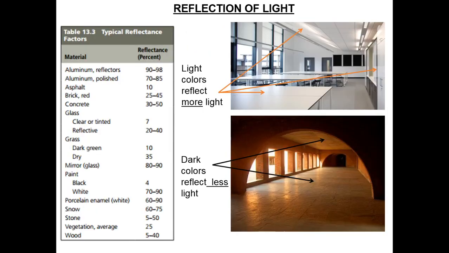Now we will see a perfect example of a building which shows how the difference is seen because of the reflectiveness of a material. If you see the topmost image, the material is purely white and there are a lot of gray tones, also in the floor. So it is almost like a monochromatic or achromatic scheme. These light colors are reflecting more light. It's a small space, as you can understand. This space is reflecting, although there is a little bit of artificial light. It is again reflecting because of a lot of white components, and the space looks a little larger.